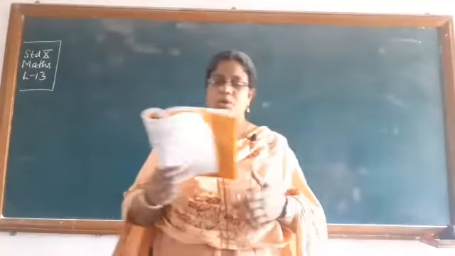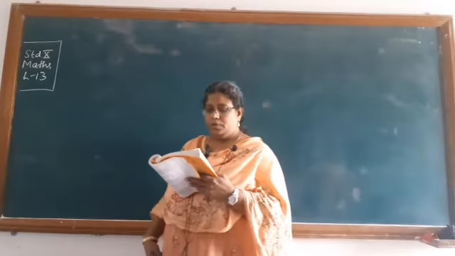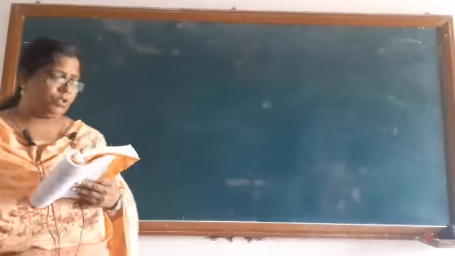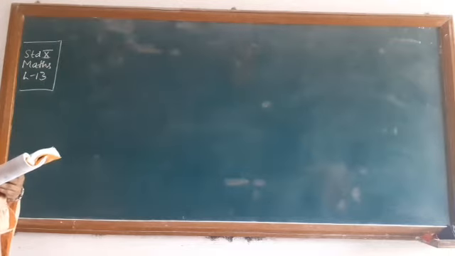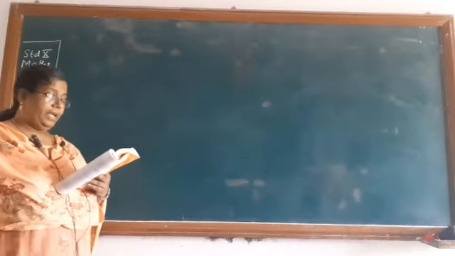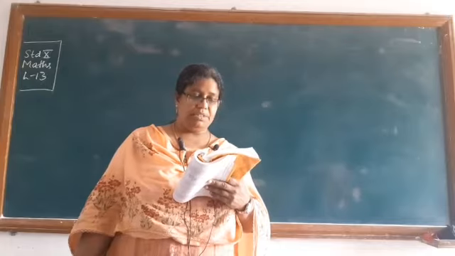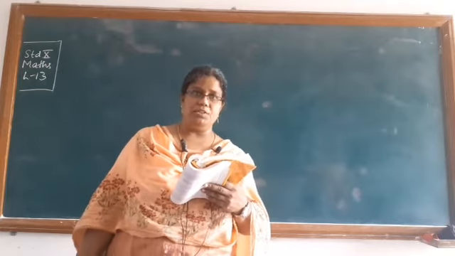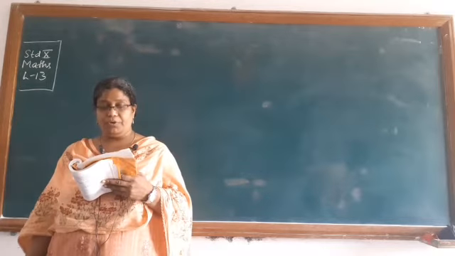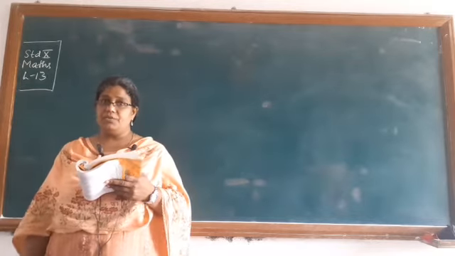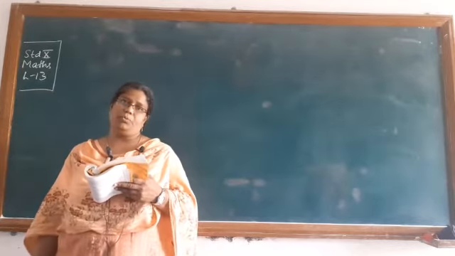Now coming to question number 4. A pen stand is made up of a wood in the shape of a cuboid with 4 conical depressions to hold the pen. Okay? The dimensions of the cuboid are 15 centimeter by 10 centimeter by 3.5 centimeter, that is L into B into H is given to you. The radius of each depression is given as 0.5 centimeter, and depth is given as 1.4.